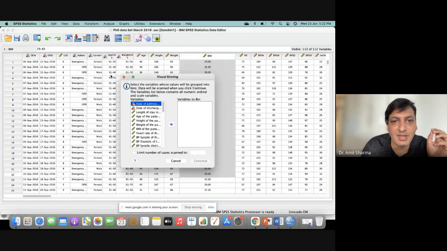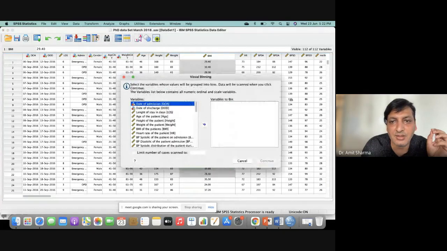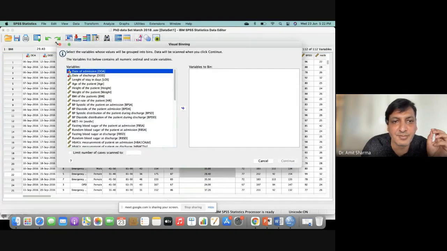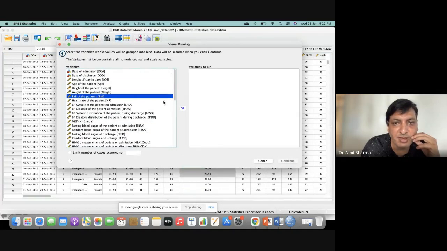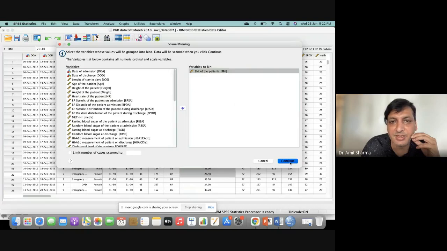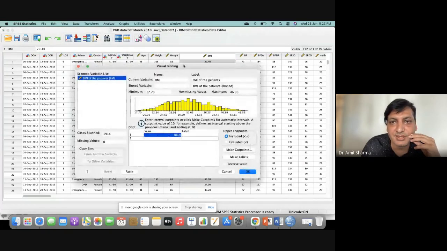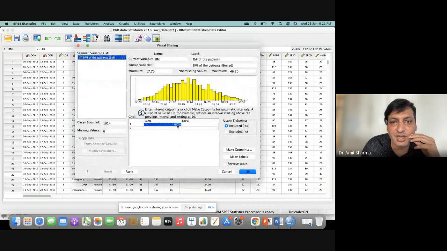As you go to Visual Binning, you can take the variable BMI of the patient, click Continue. Here you can type the values.